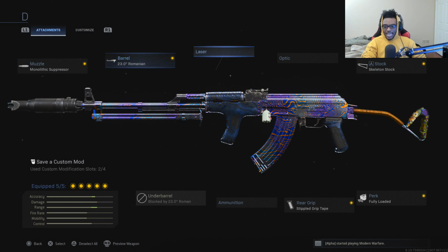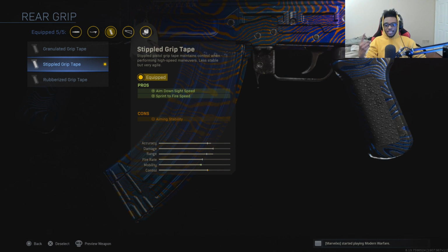Now for my third attachment, I'm going to be running the stippled grip tape. Whenever I'm running a max barrel on an assault rifle, I am almost always running the stippled grip tape because it's going to alleviate that weight increase that max barrel does give us. The stippled grip tape allows us to have increased aim down sight speed as well as increased sprint to fire speed, making this weapon a lot easier to use at close range just in case we might get into